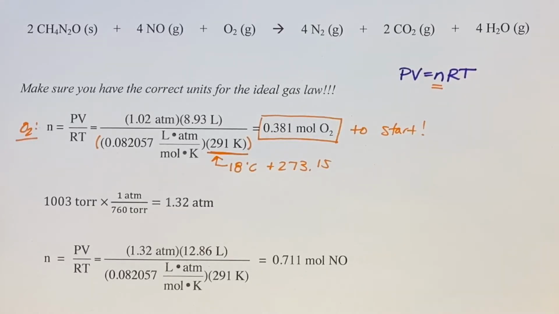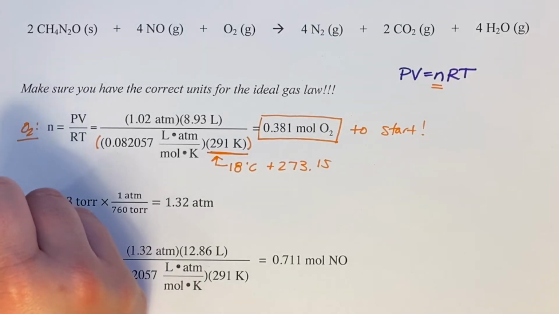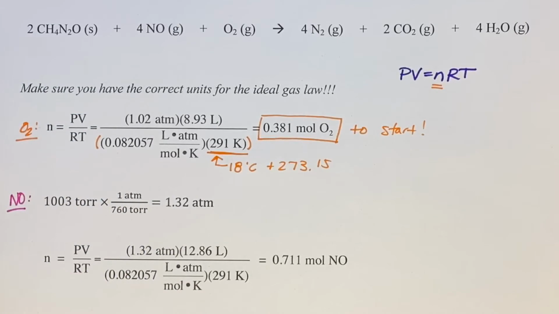Our second reagent that we're going to be working with is our nitrogen monoxide. For this problem, we're told that our pressure was 1003 torr. If you consult your equation sheet, you'll find the conversion factor between torr and atmospheres, and that is that 1 atmosphere is equal to 760 torr. When you do the conversion, you get 1.32 atmospheres, and that's the pressure that we'll plug into the